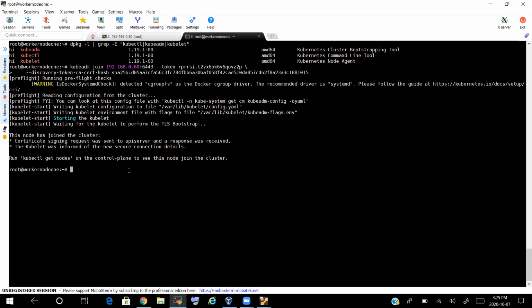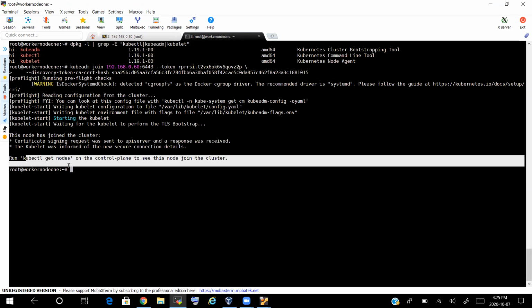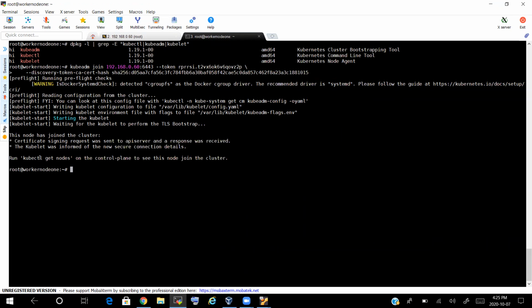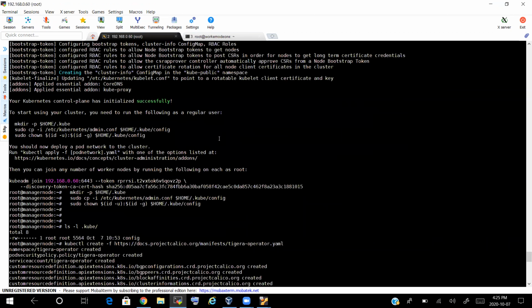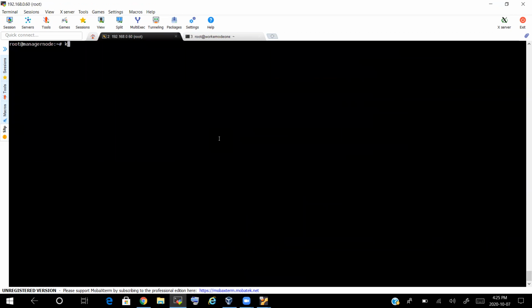Okay. And it is saying that it is finished. Go back to the control plane node and execute kubectl get nodes. It will tell you how many nodes have joined your cluster. Okay. Including the master as well. So kubectl get nodes. So now they are not ready, and I'll tell you the reason. Some applications are still running, they are trying to create it.